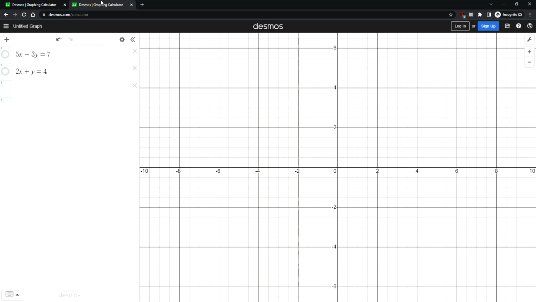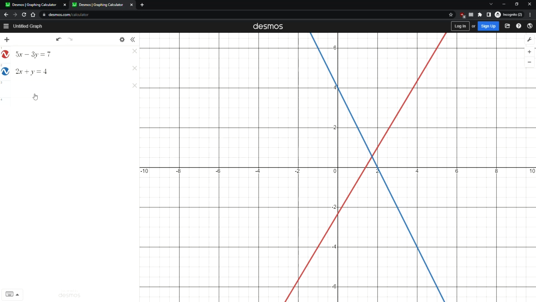We're looking at a graph of the solutions to the equation 5x minus 3y equals 7, and the solutions to the equation 2x plus y equals 4. Once again, we can see that they intersect at only one point, giving us x equals 1.727 and y equals 0.545. So clearly, the solution's a little messier than before, but this should still work, right? Well, let's see what happens